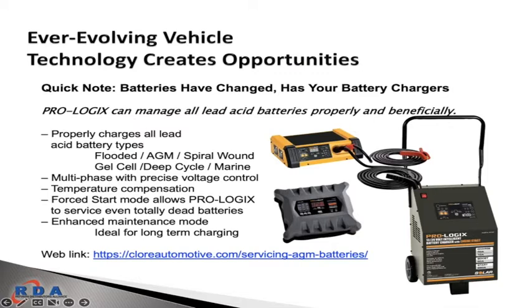Before we really dig into the evolution of the advanced vehicle technologies such as ADAS and reprogramming that we see on late model vehicles, we're going to take one quick step back to talk about batteries. Batteries really have changed more in the last 15 to 18 years than they had in the prior 40 or 50 years. When I started at Clore back in 2003, we mostly were worried about flooded batteries, whether